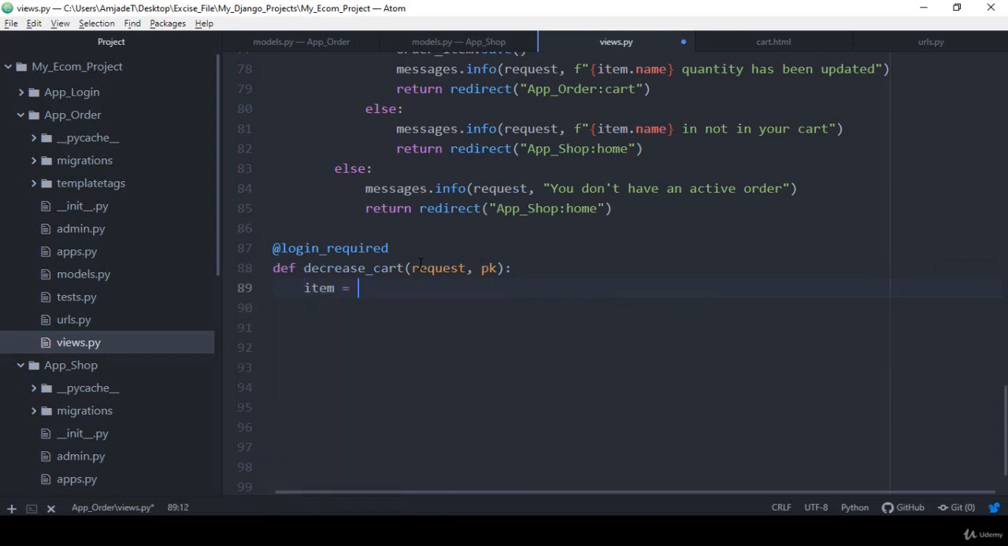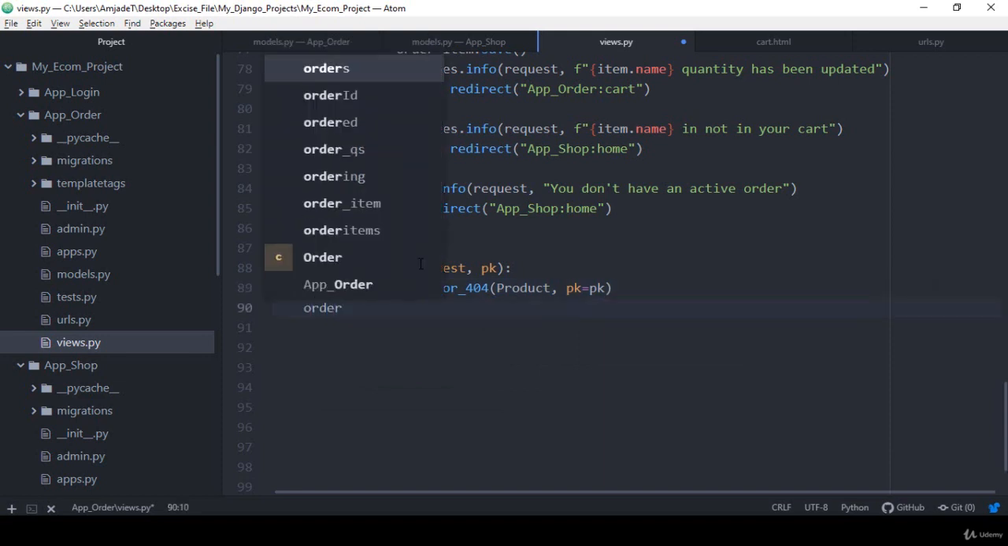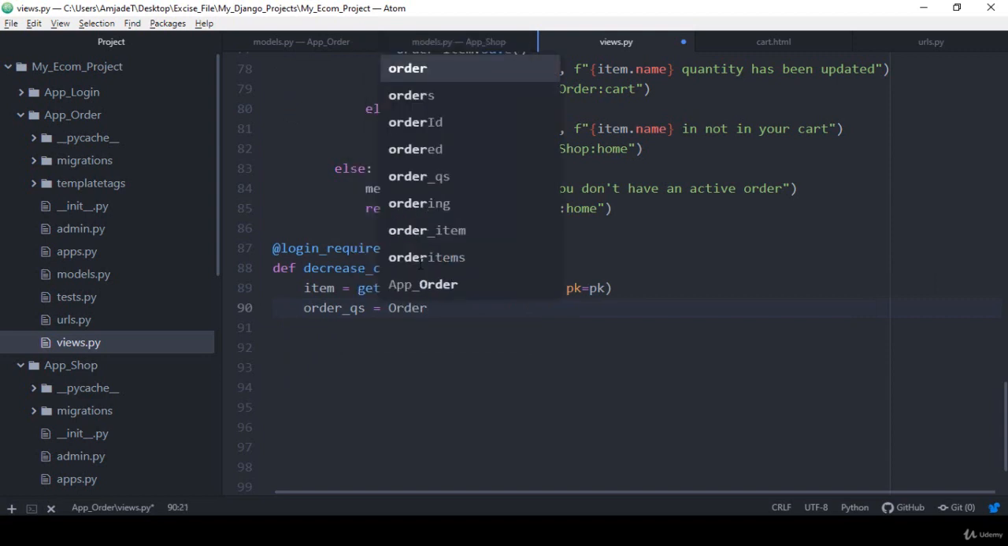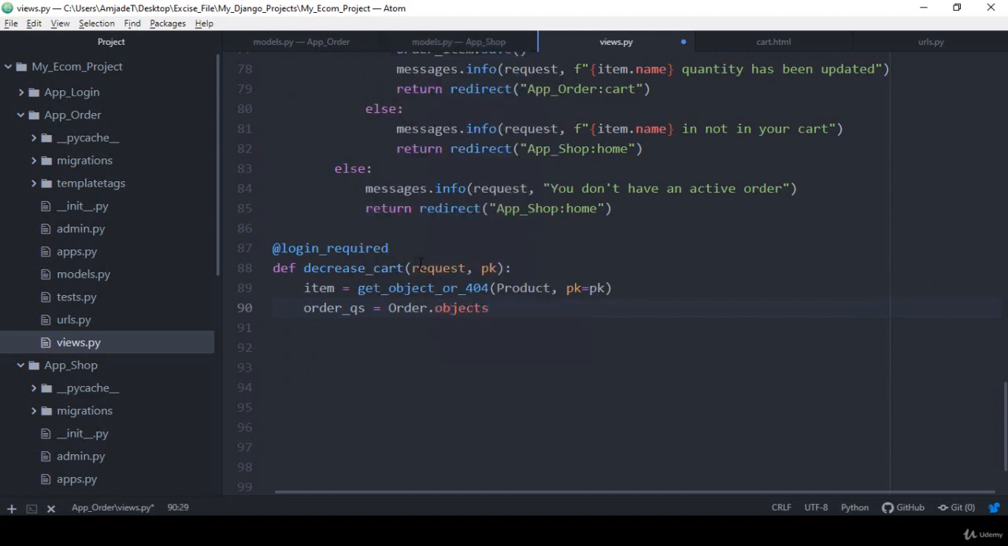Just like that same concept, here it will be get object or 404, and with this we have to access our product model. So our product model, and also here it should be matched with our product ID with our requested ID, that means our PK. Okay, and then I take one variable as order underscore queries. Okay, and here we have to define our order model, and from the order model objects will be needed, and then I want to filter it,